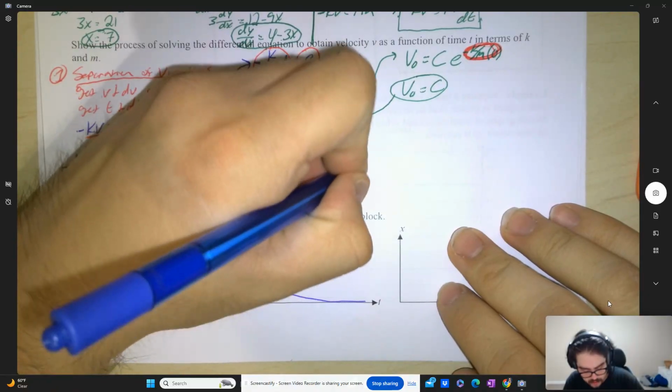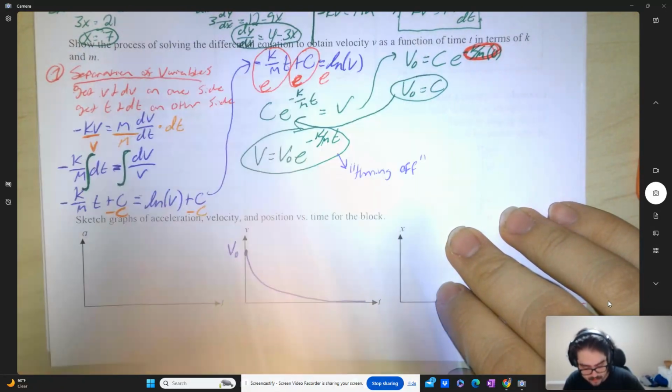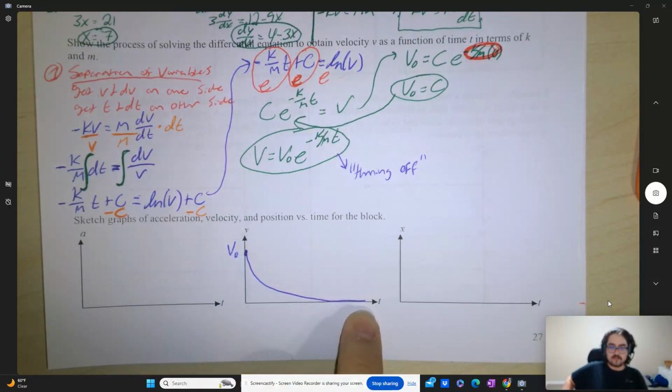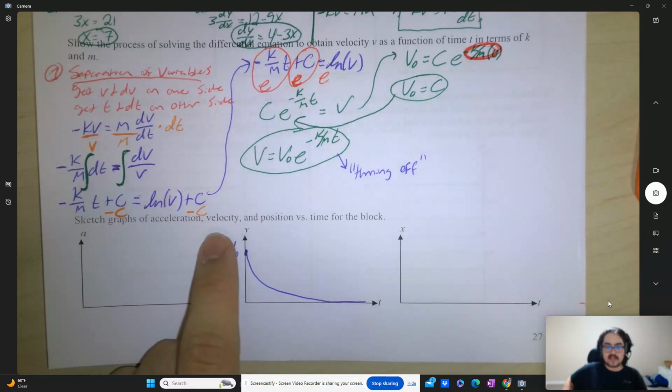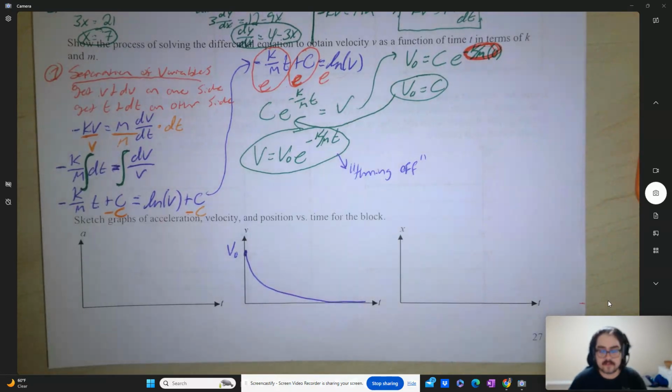Okay, this is like a turning off function, because what you can think of it as is it starts at some value and it turns off towards something. It's going to asymptotically approach zero. Okay, your velocity is asymptotically approaching zero here. Or it'll asymptotically approach some value. For the other graphs, it's going to look very similar, but